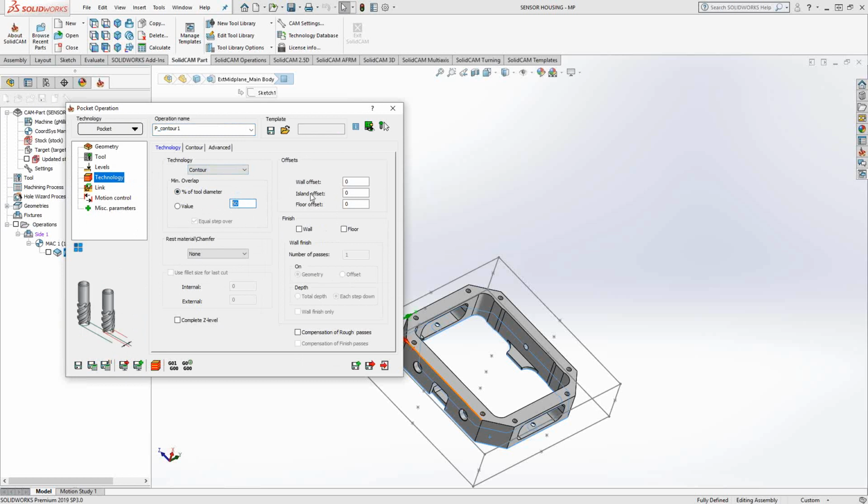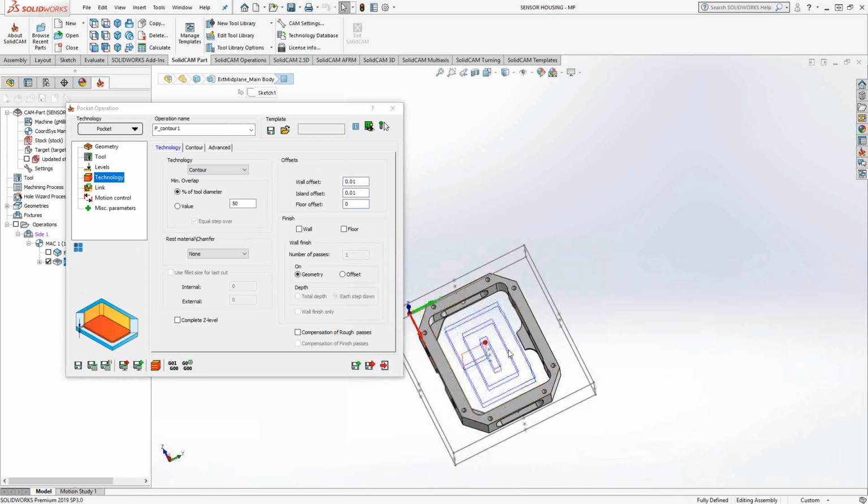Top right corner, if I want to set this as a roughing toolpath, I need to leave some material behind. So I'll say, let's just leave 10 thou on the walls. If there are any islands, in this case, there are not. And on the floor, in this case, there isn't a floor, so I'll just leave that at 0. If we do a save and calculate, we'll see that because I chose the top chain, we've done that entire